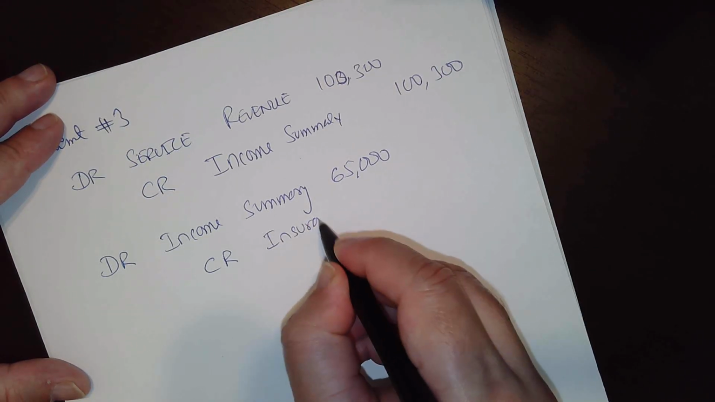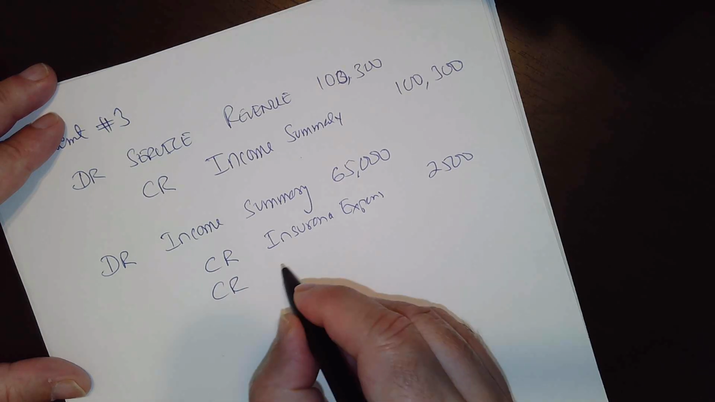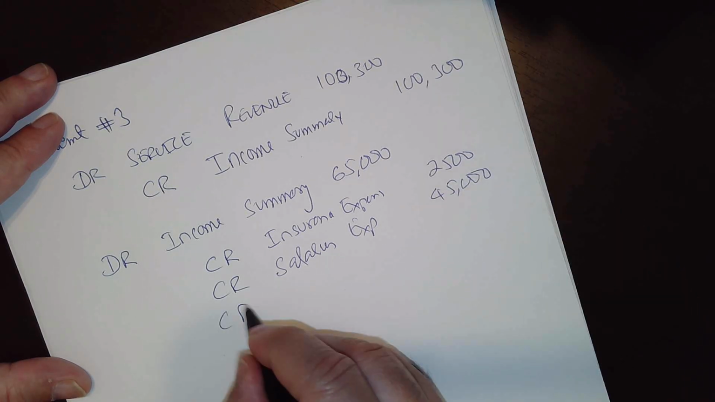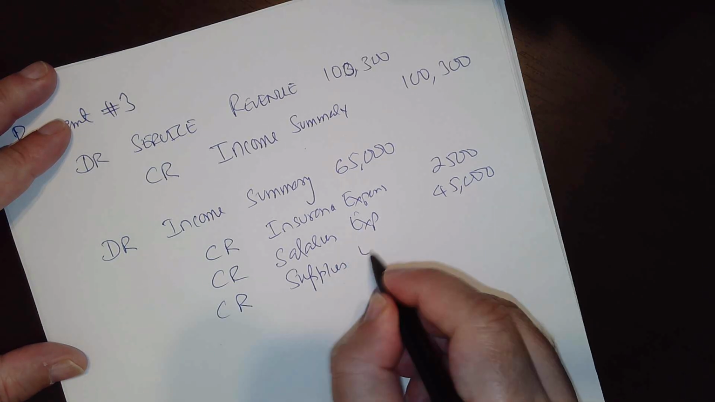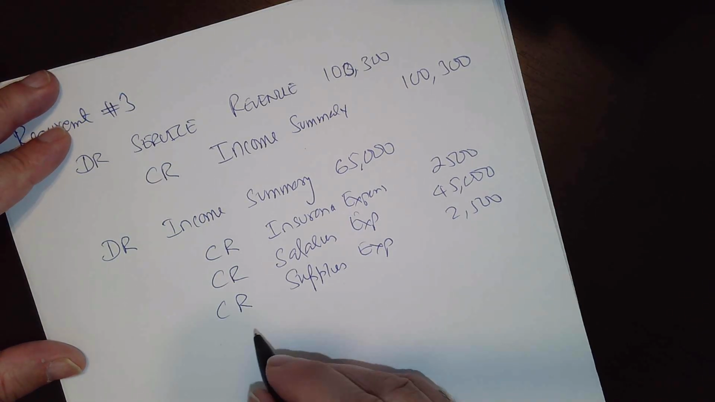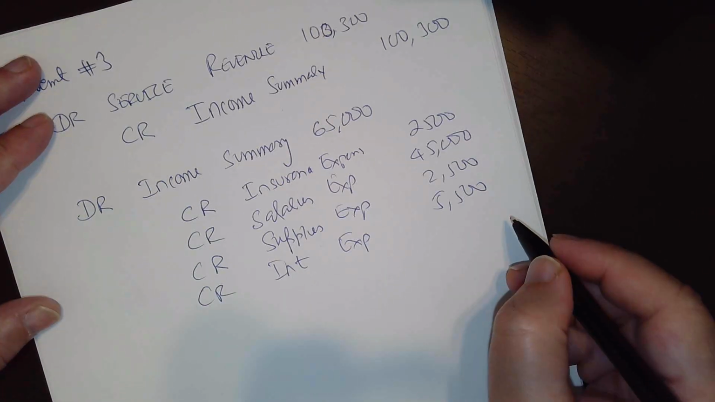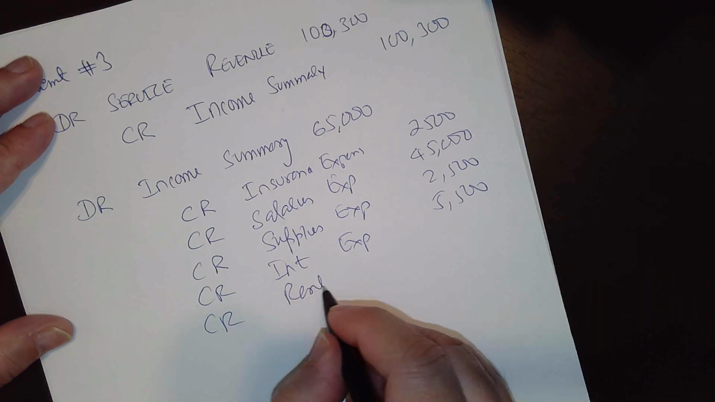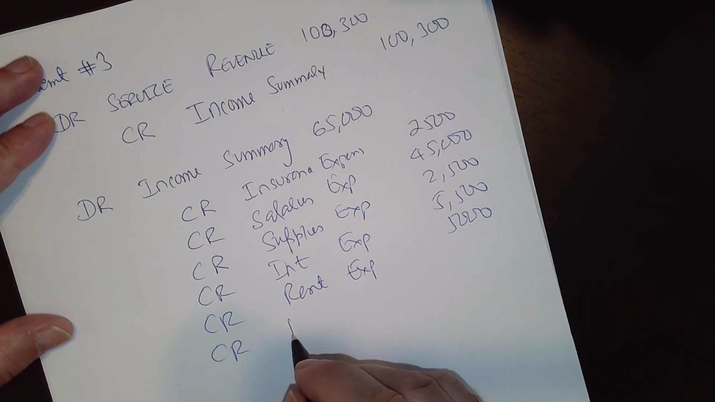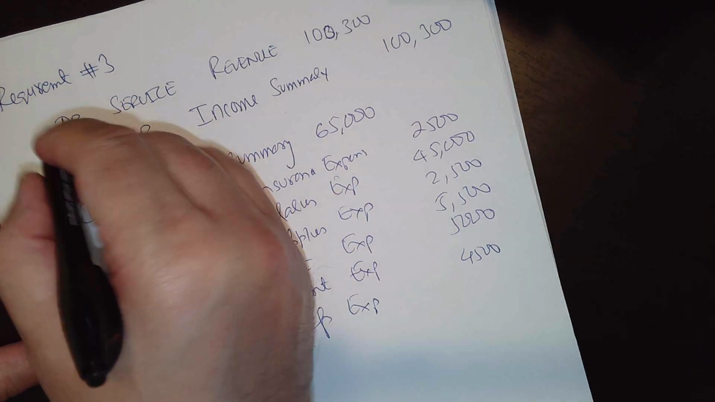such as insurance expense 2,500, and you can list them in any order, credit salaries expense 45,000, credit supplies expense of 2,500, and then we have interest expense of 5,500, and then rent expense of 5,000, and depreciation expense of 4,500. So this is to close, this one is to close